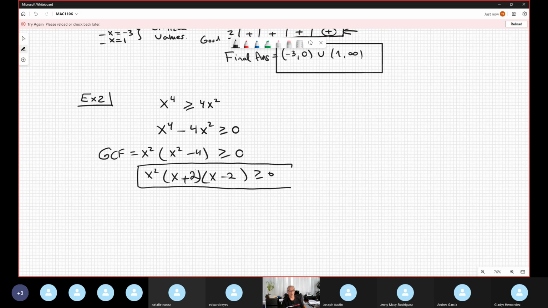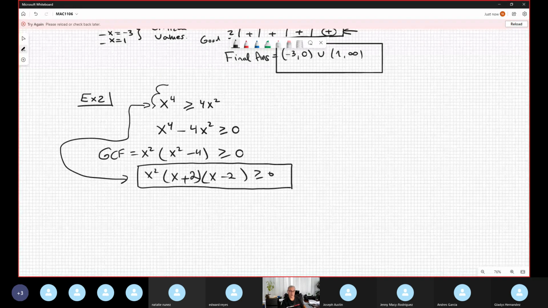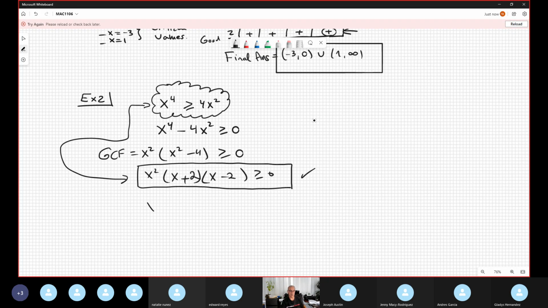It is 100% equivalent algebraically to the original. However, nobody understands this. However, everyone understands this very well. Okay? Now we temporarily convert to an equation, because the equation allows me to find the critical values and the solution